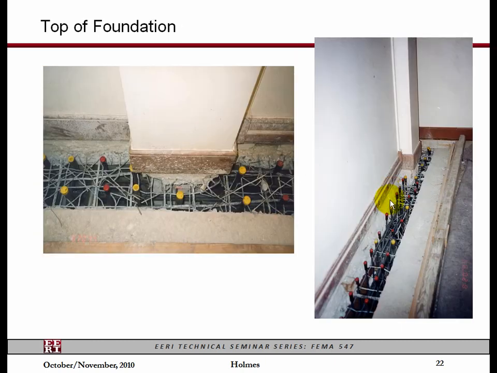This particular project was done in phases. Again, we say over and over again, you have to design your retrofit to suit the occupation of the building. This particular building was an academic building. The work had to be done during the summer, so you could only do so much work in the first summer, then you had to do the rest of the work the next summer. So all of the foundation work was done in one summer, and at the first level there was going to be